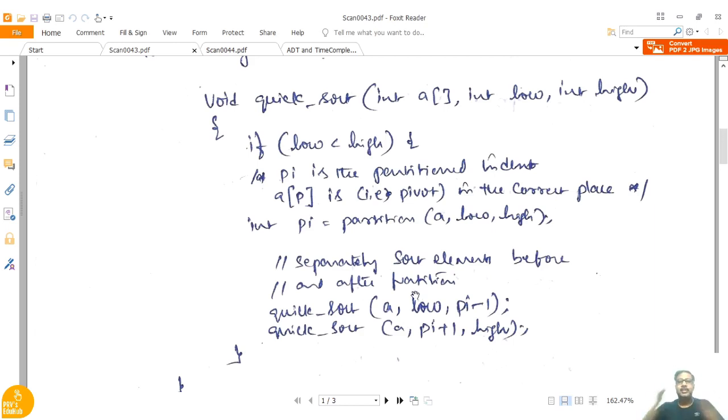Like that you keep on dividing till a single element is reached, and finally you keep on performing the sorting. If the element is less than the pivot, you keep it like that. If the element is greater than the pivot, then swap it so that the final list becomes the sorted list.